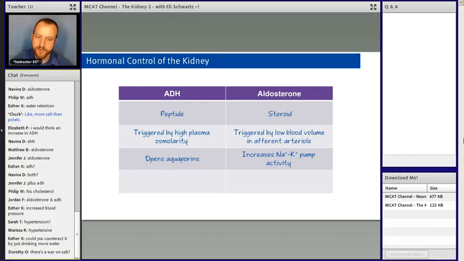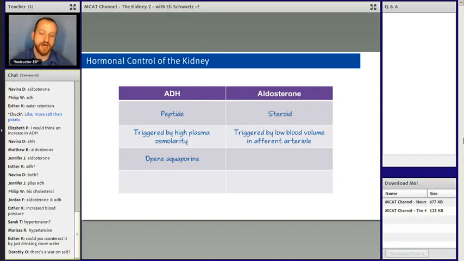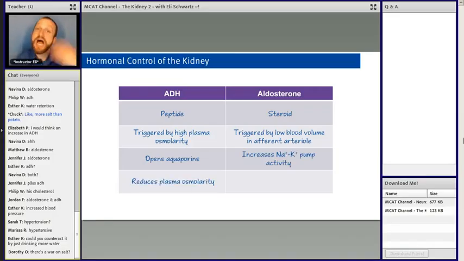There could be some questions, like I mentioned, on test day about the overall effect, besides what the actual effect of that particular hormone is, what the overall effect is on the body. We talked about this briefly, but just to be clear, ADH reduces plasma osmolarity by allowing more water to move back in. Aldosterone increases blood volume